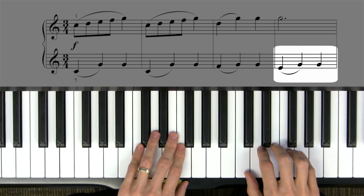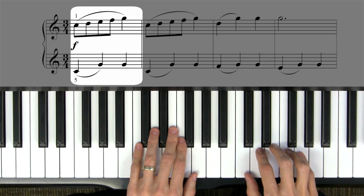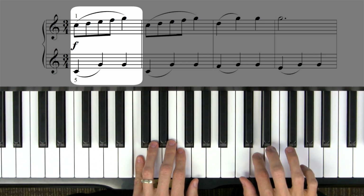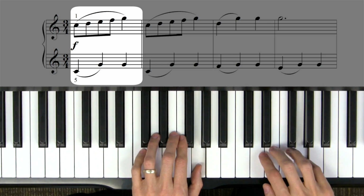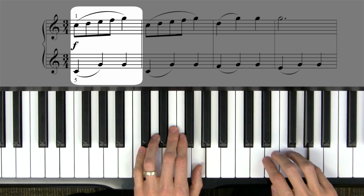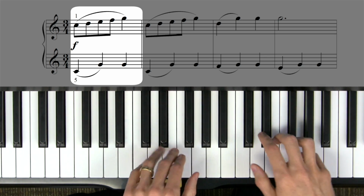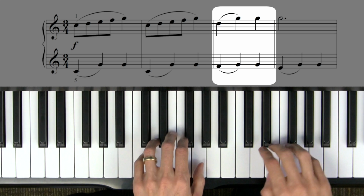Good. Now, when you put line 1 together, remember you have two different rhythms you're dealing with. So you have together, then right plays by itself, then together, right plays by itself, and then together. So that would be super slow motion. Together, right, together, right, together. And as it speeds up, it will sound like this. Ti ti ti ti ta, ti ti ti ti ta, ta ta ta,